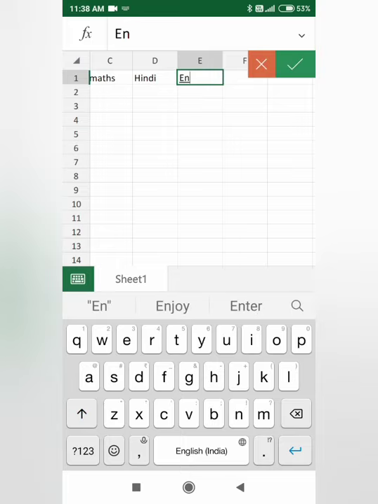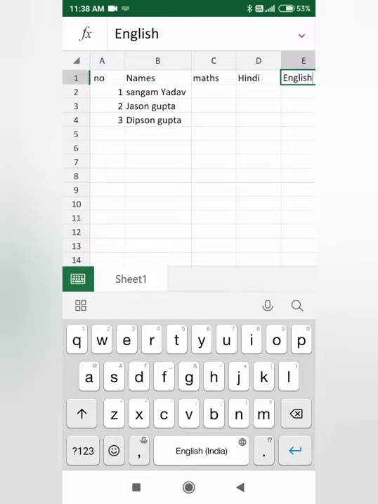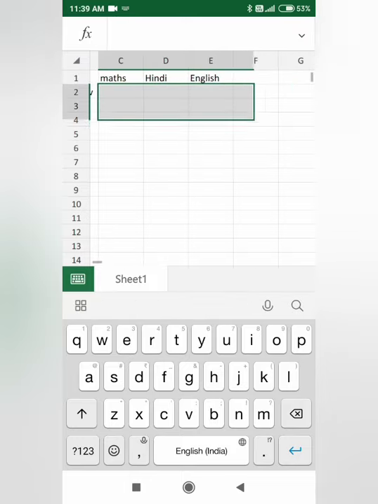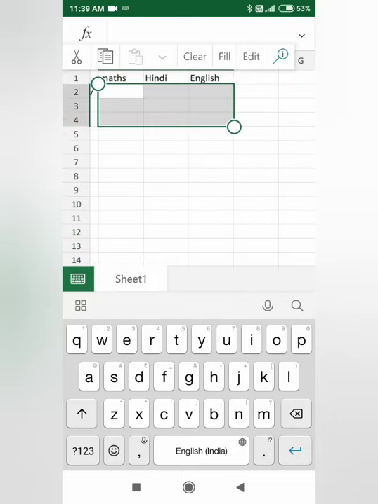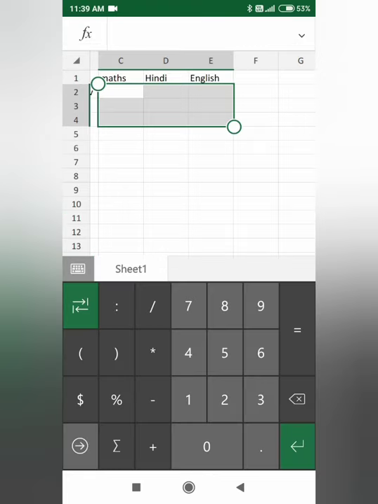Whichever subject you want to create the mark sheet for, you can take. We will take all those cells where you have to give the marks. This is very nice because we are clicking many times.